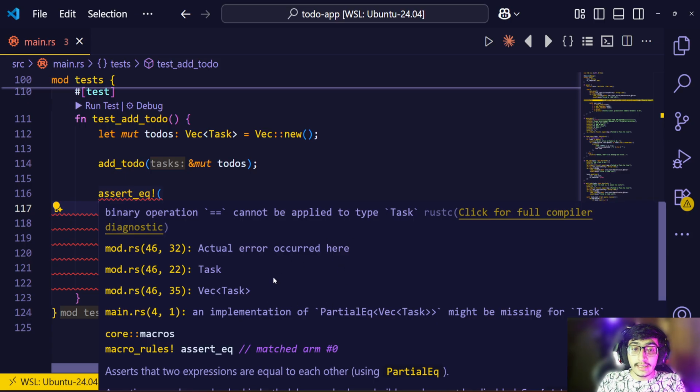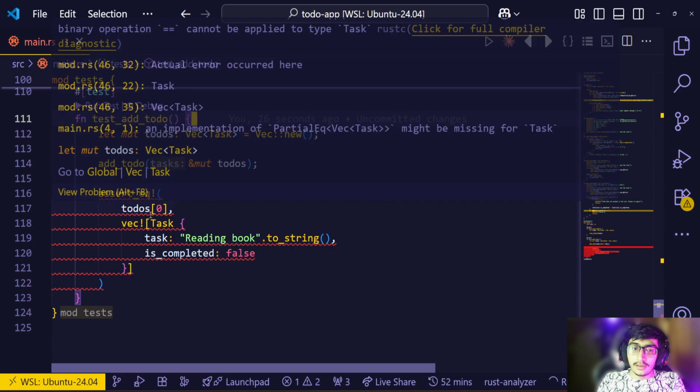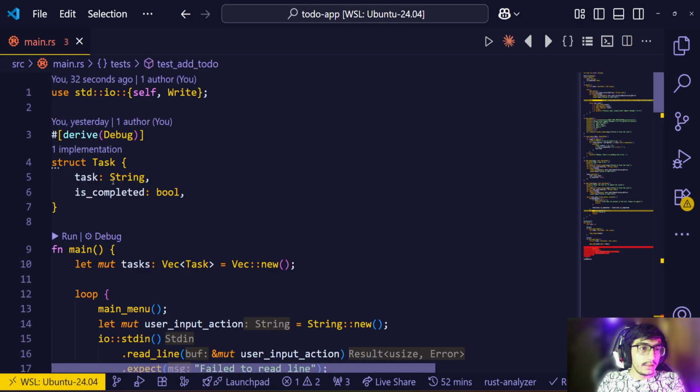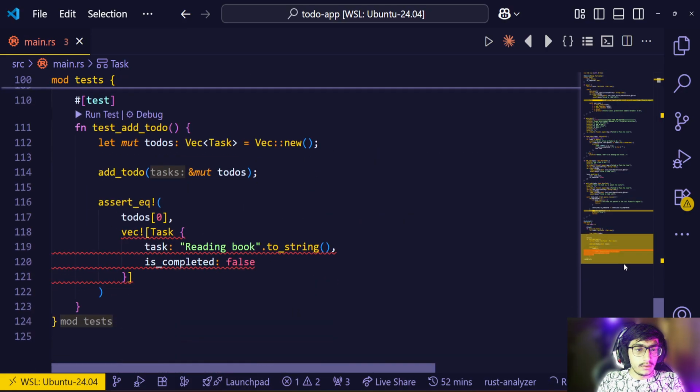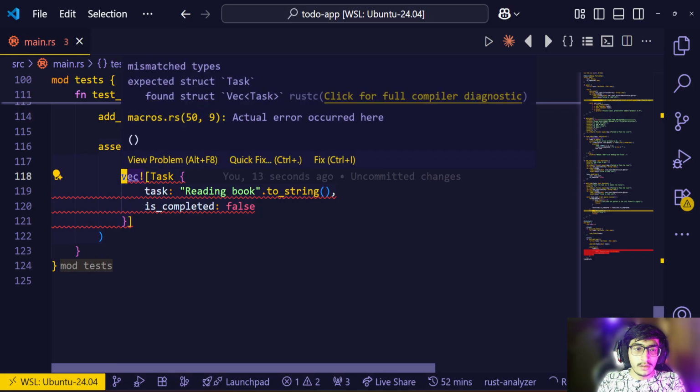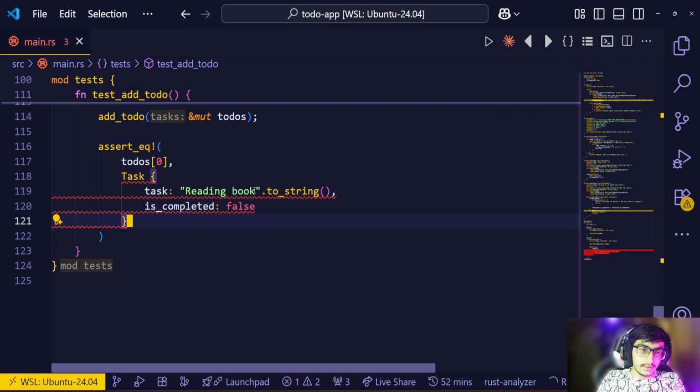Okay, so we have already learned in the previous lectures that we have to implement the traits, PartialEq and PartialOrd. So there are multiple kinds. What we have to do is implement PartialEq on the struct using the derive macro. So let's go and add PartialEq, and then come right here. Okay, so now expected struct Task, and then found struct Vec at,